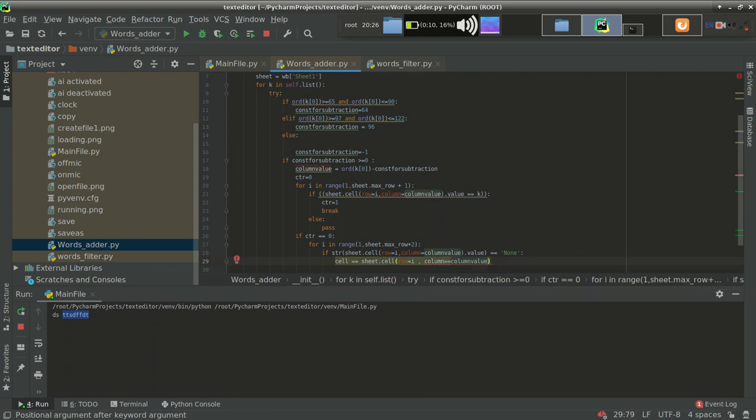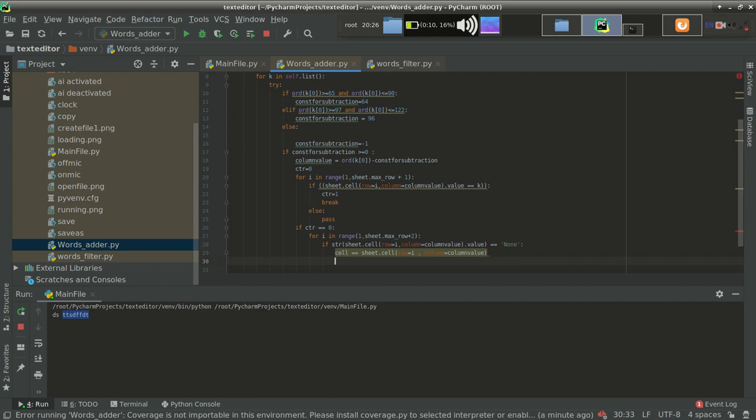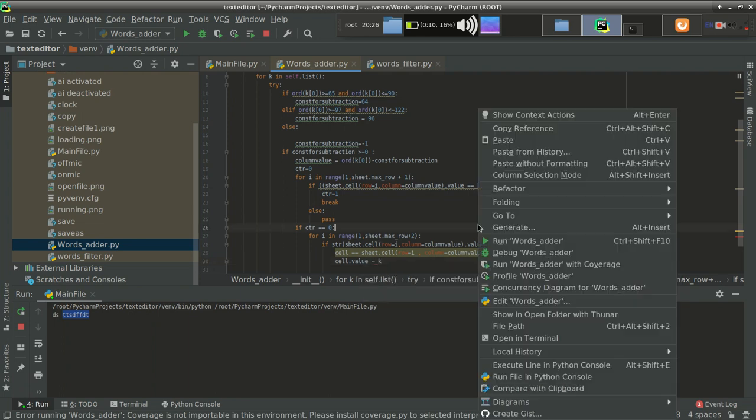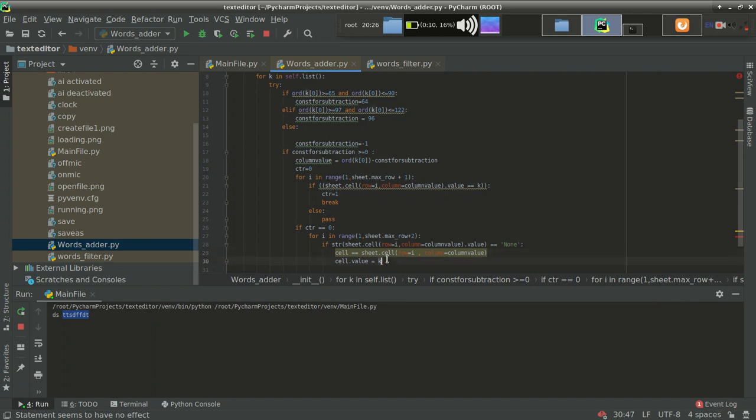Find cell dot value equal to k. So let's see what it will do. After that, break also.